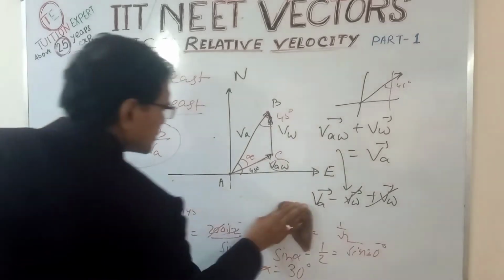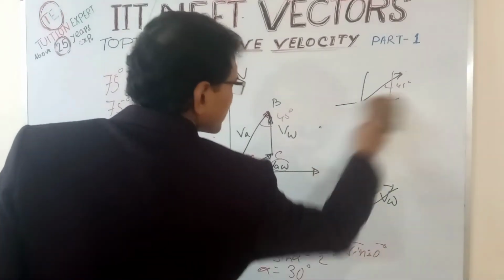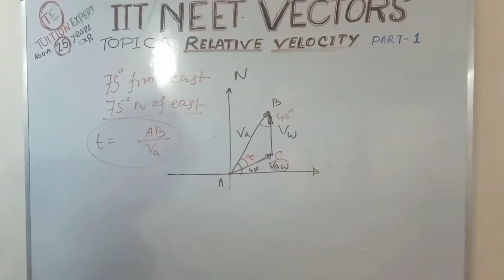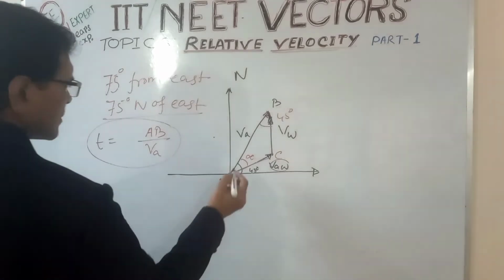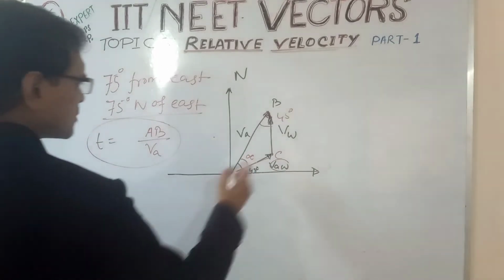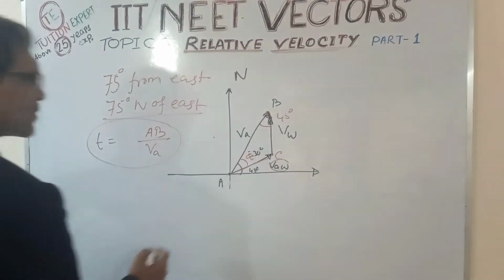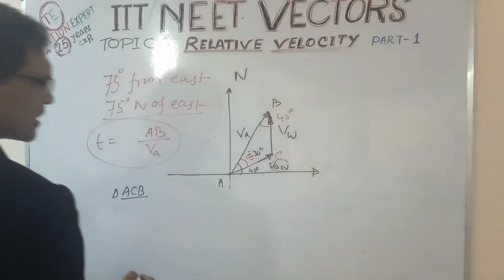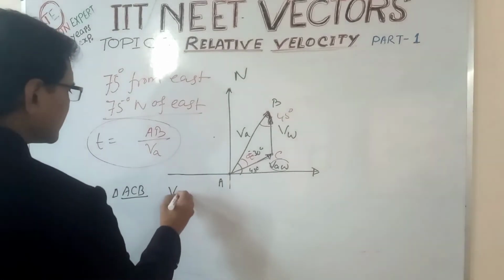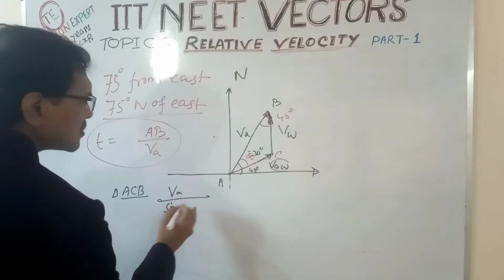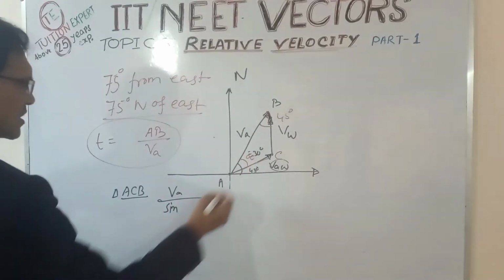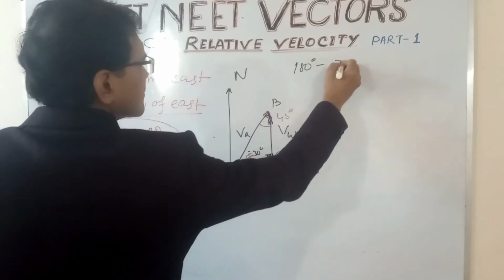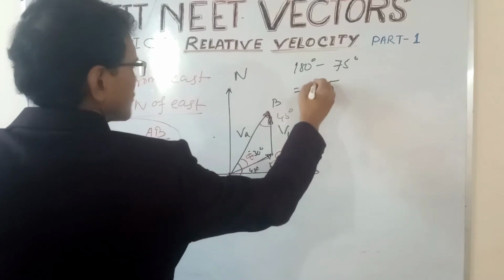We have to calculate VA. So now from the triangle, this is 30, this is 40, this is 30 degree, we get this is 30 degree. Now from the triangle ACB again, DA by sine, this is 45, this is 30. So this angle will be 180 minus 45 plus 30, 105